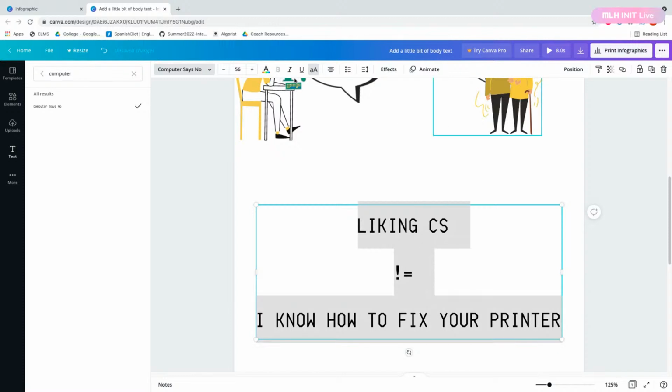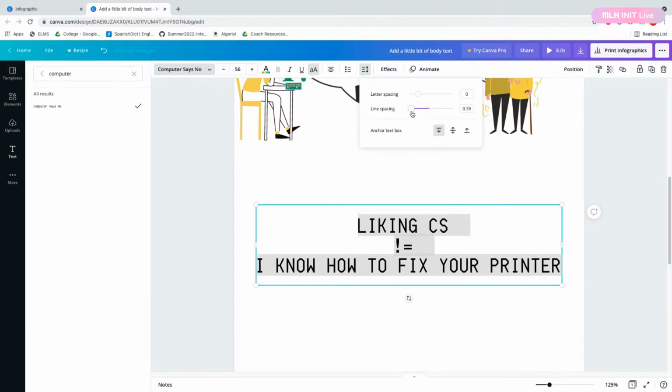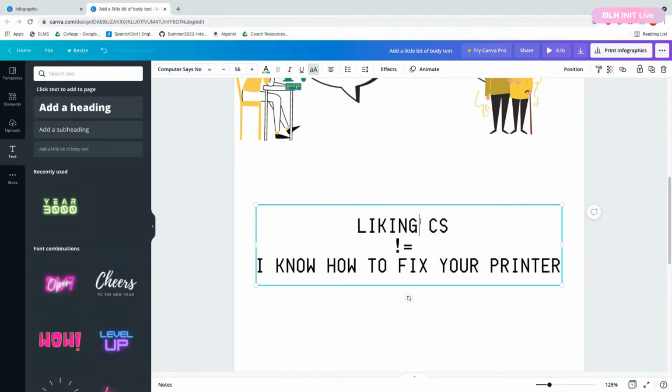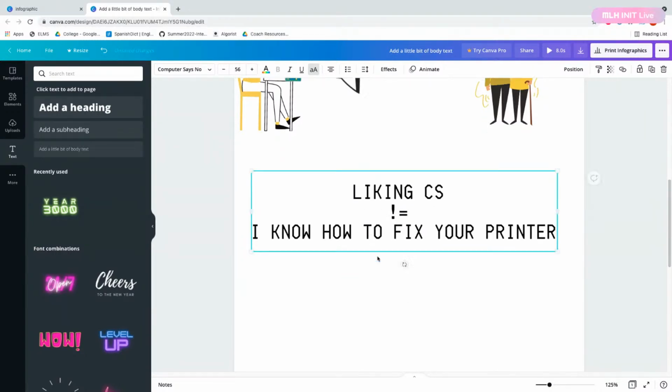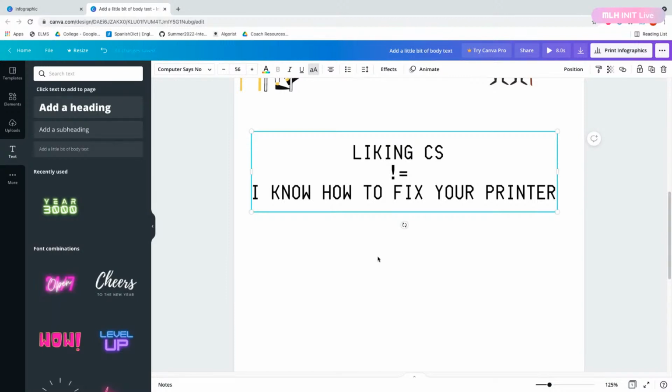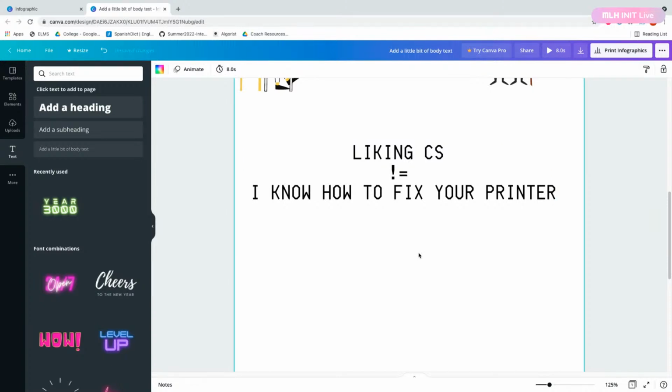We'll avoid some of that line spacing. Liking CS does not equal I know how to fix your printer.